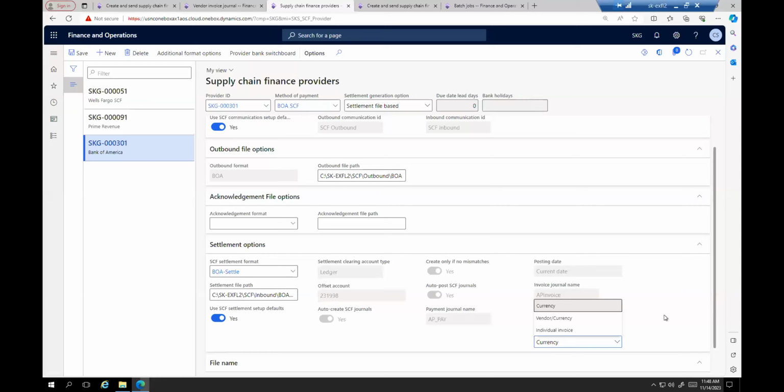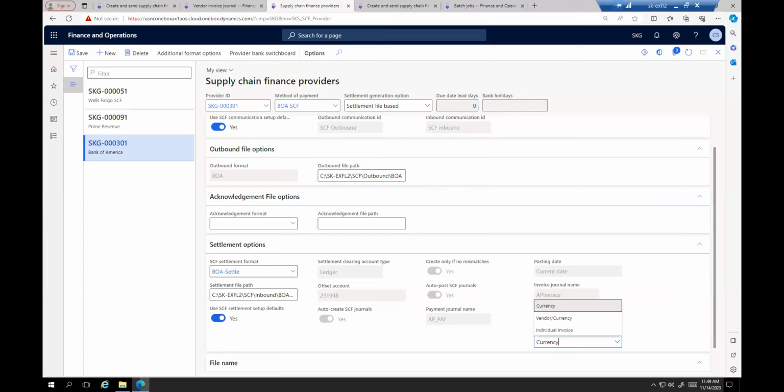We had a recent client that gave us a lot of feedback on this. They were thinking about either doing away with or certainly not expanding their supply chain finance process. They implemented our SCF product, and now they're looking to expand it because this has made that whole process much easier for them to deal with. Before, it was a lot of manual steps to move the invoices around, load up the invoices, get them to the provider, and get the acknowledgements back. Now that it's 100% automated, they are looking to expand that process.